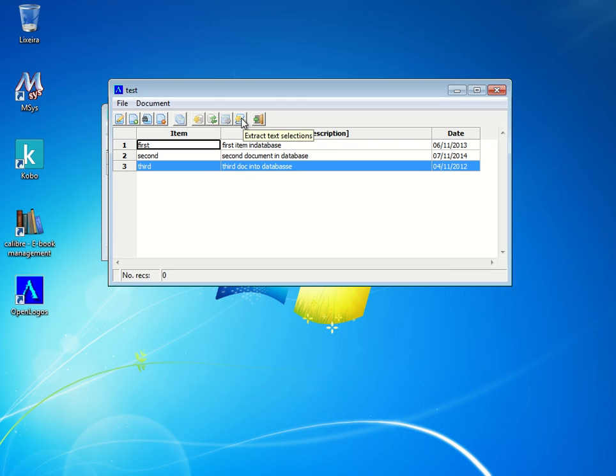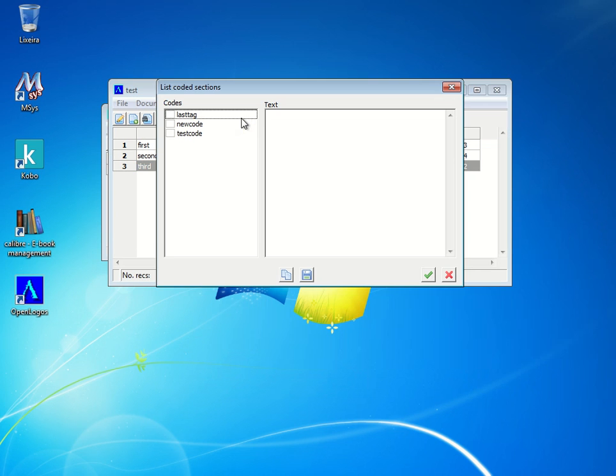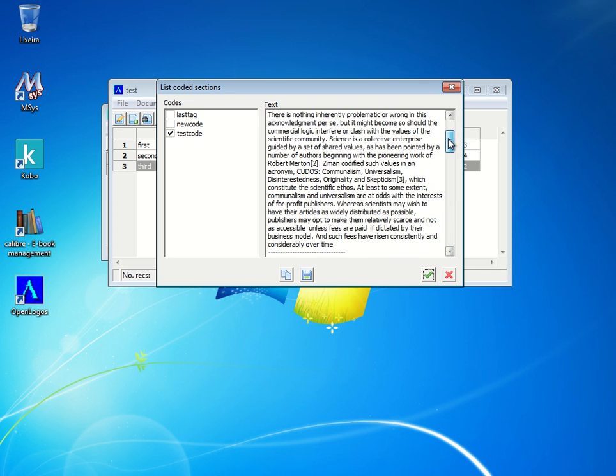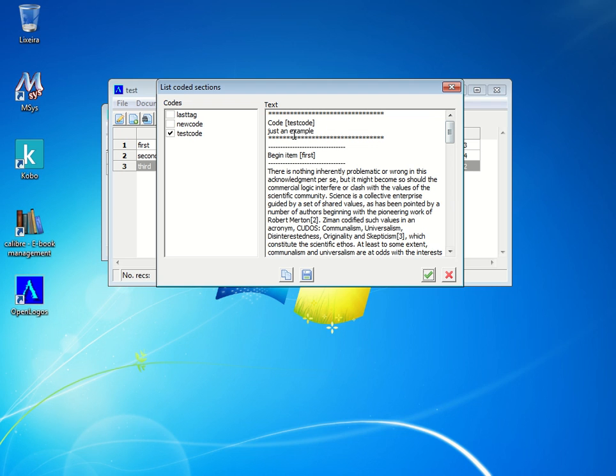Aside from that, the other thing I can do is to extract the selections. So I can choose one, two, a few, all of the tags I want to work with. So I'm going to get the first one we created, and what it does, it goes through the whole database. For each document, it creates a header like this. For each code, sorry, the code,